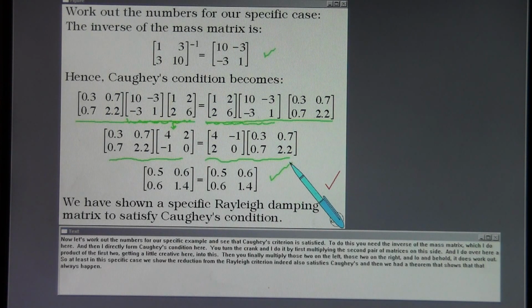So at least in this specific case, we show the reduction from the Rayleigh criterion indeed also satisfies Caughey's, and then we had a theorem that shows that that always